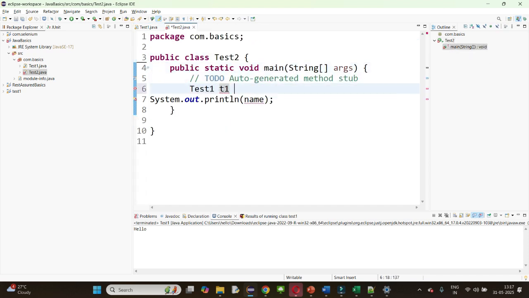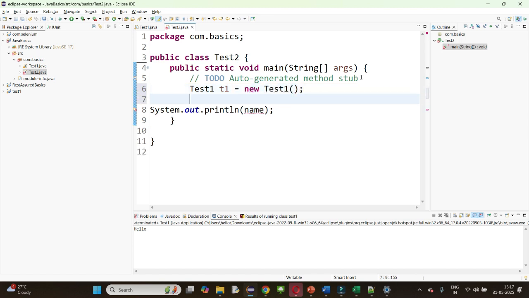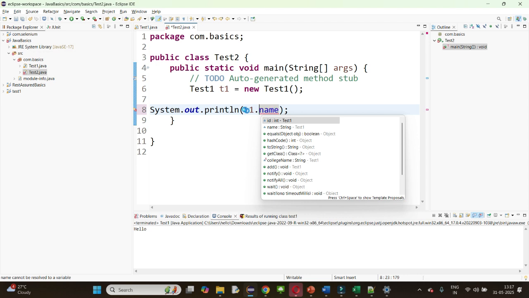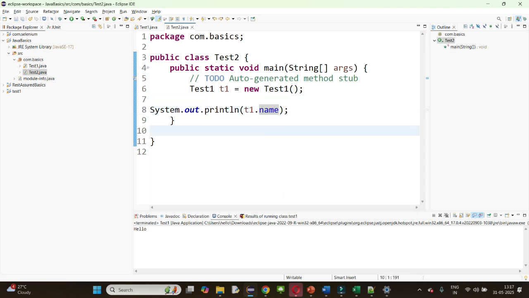Test1 t1 equal to new Test1. Okay, so this is the object creation, right? So this object has been created, but till now we haven't used it. Okay, so how to use that? So just copy t1.name. Okay, so by using this object reference variable, we can call this variable,